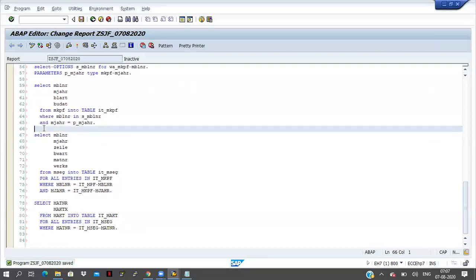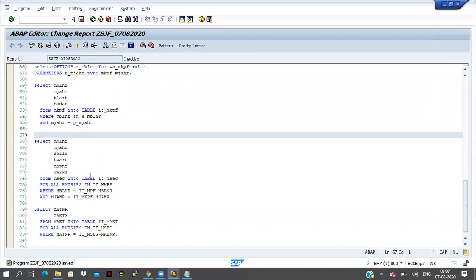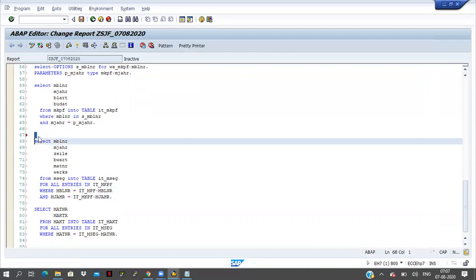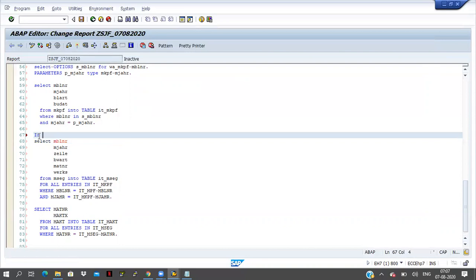Once we are fetching the data from the first internal table, then we have to check here. In the FOR ALL ENTRIES concept, what is the internal table here? We have to give one condition: if this internal table is not initial.